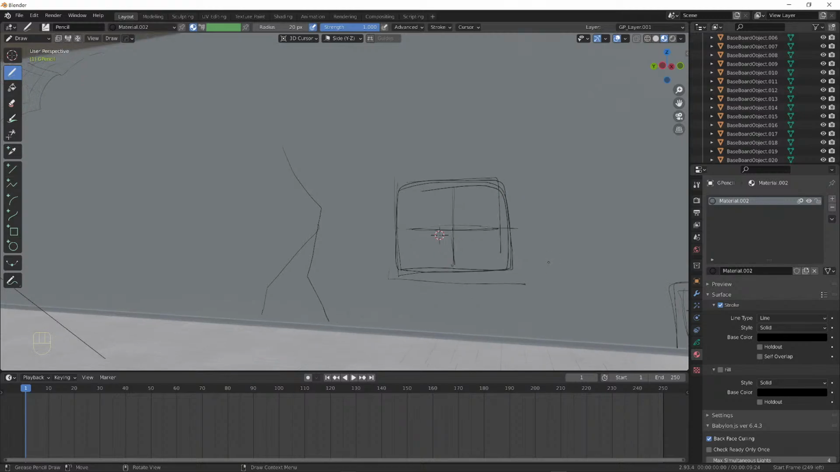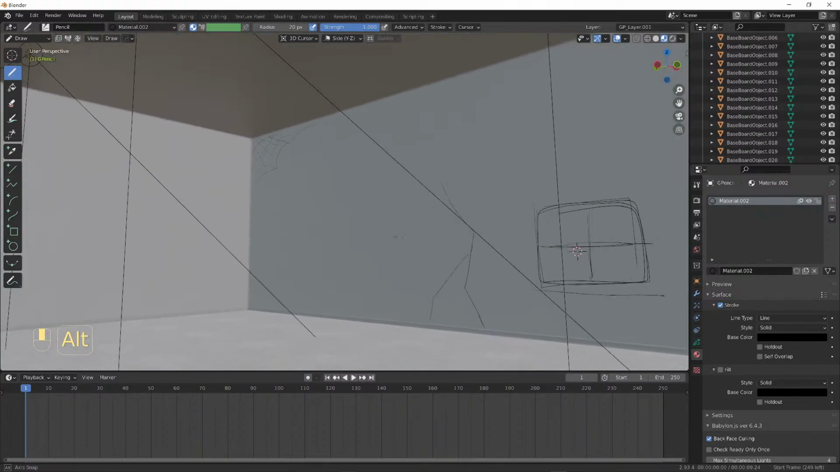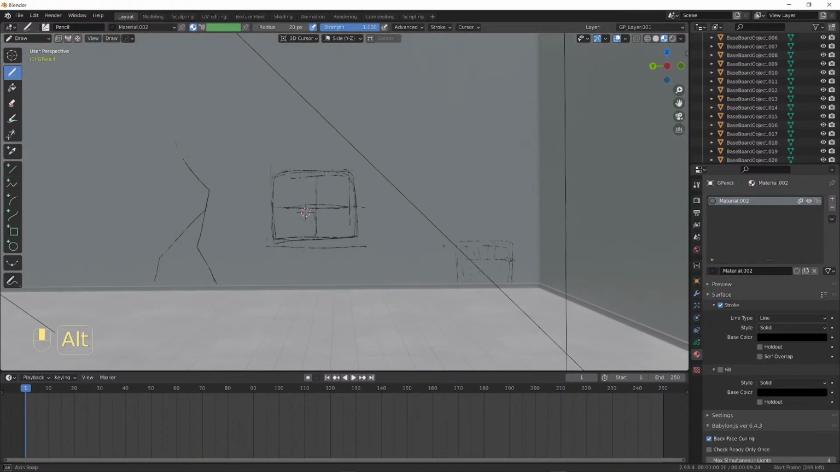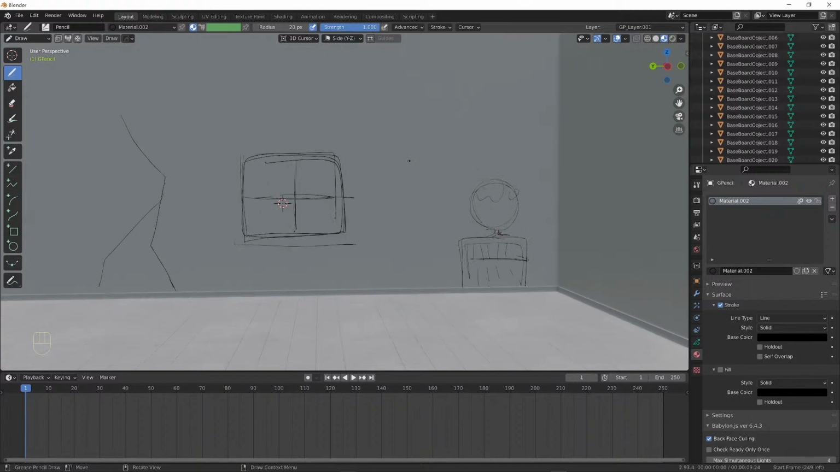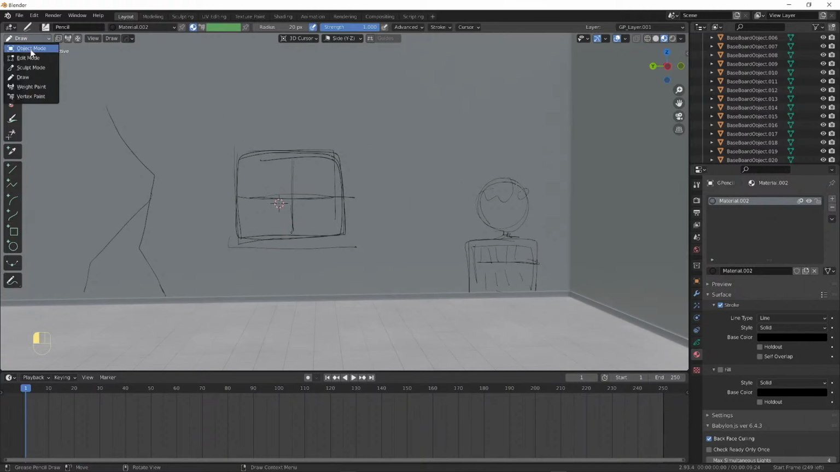There's all kinds of things we could do, right? But we can quickly plot out and plan using grease pencil. Let's have a globe here. Okay. So let's continue with that. Let's jump out of grease pencil now,